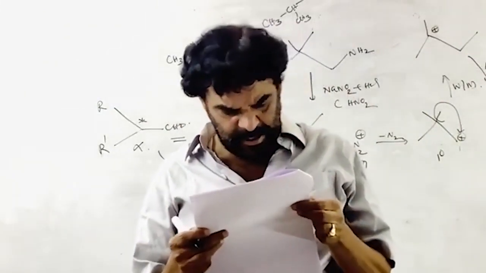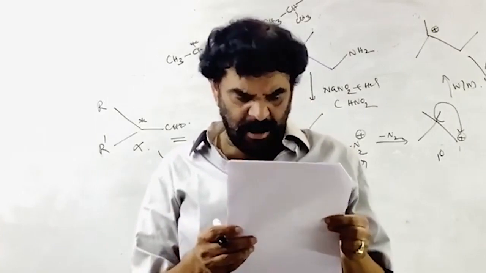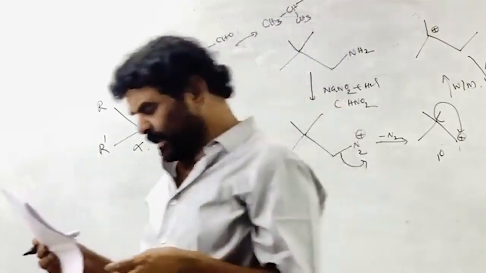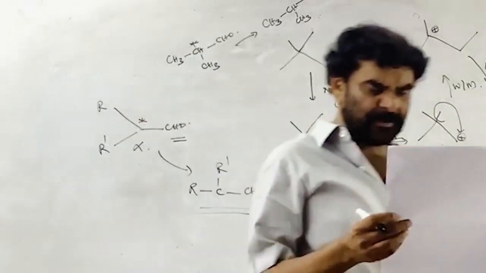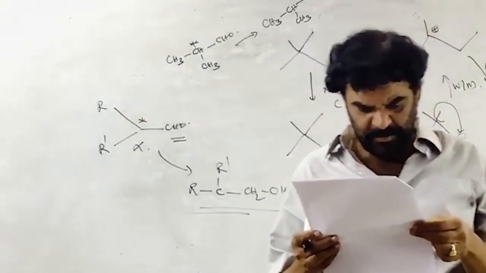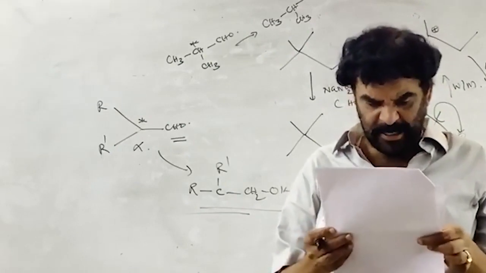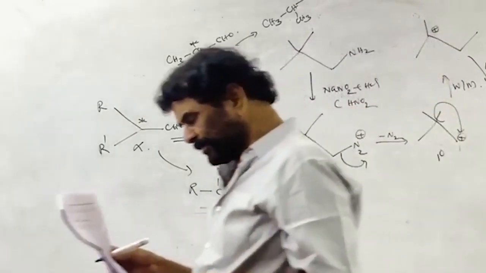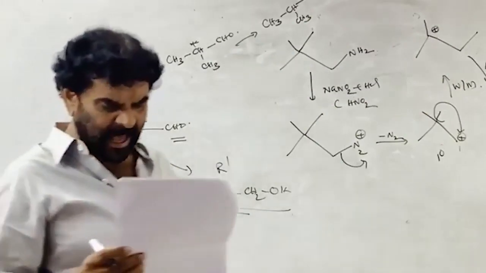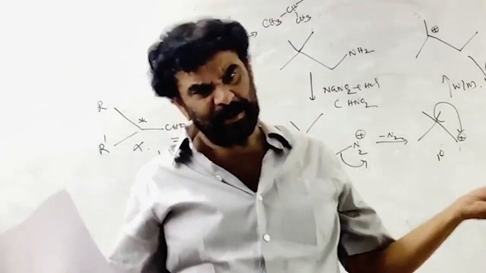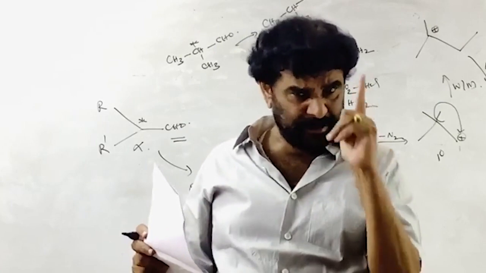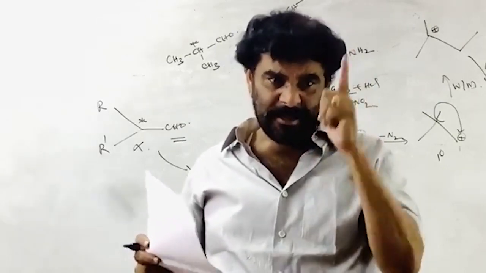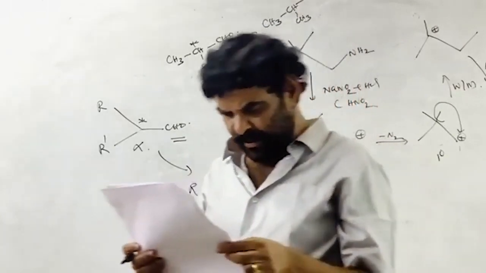The second one is a tertiary halide treated with alcohol. Again, tertiary halides take part in elimination as well as substitution. Elimination is E1. Substitution is SN1. That is for them also. So for B also, P and R are correct. And C is a secondary alkyl halide treated with a strong base. It can take part in elimination and substitution, but elimination is E2 and substitution is SN2. SN2 and E2 are the correct ones.